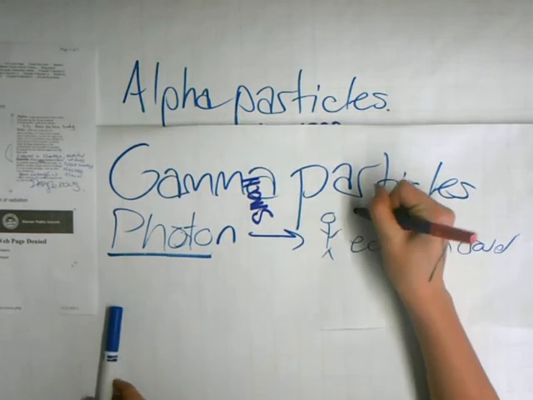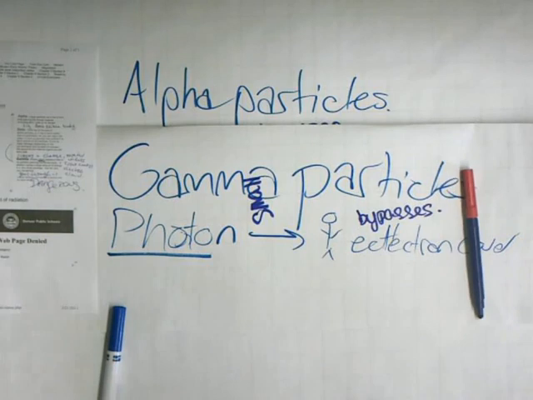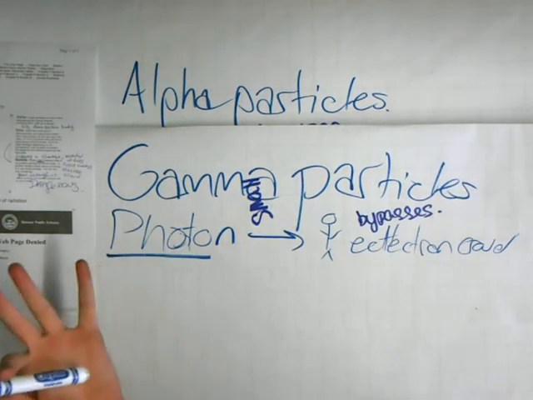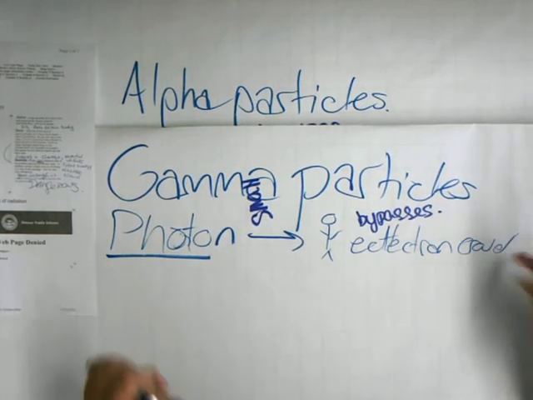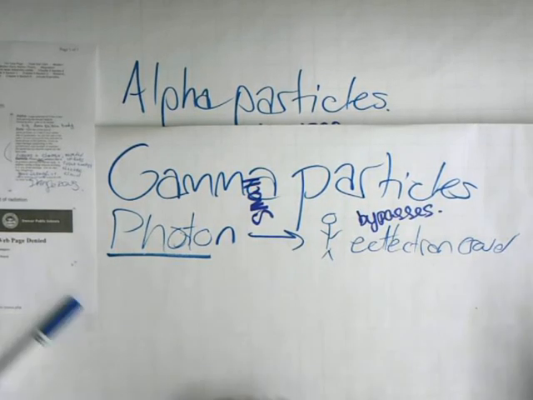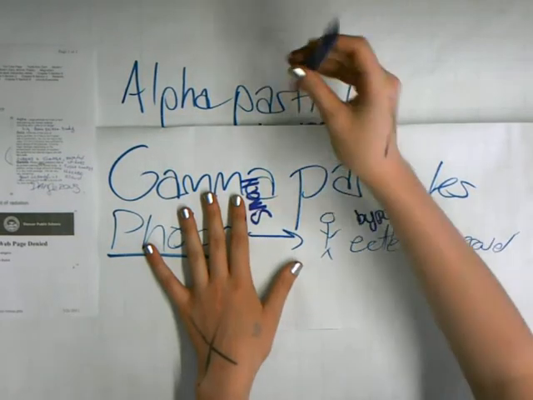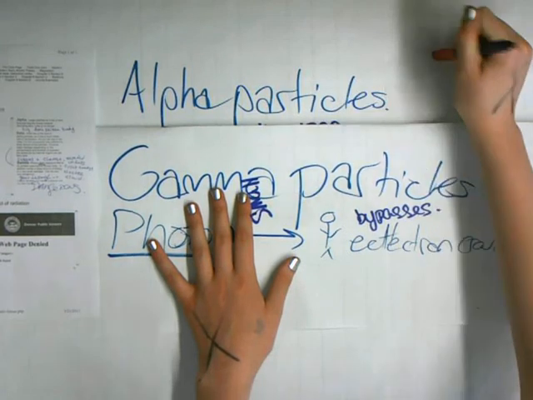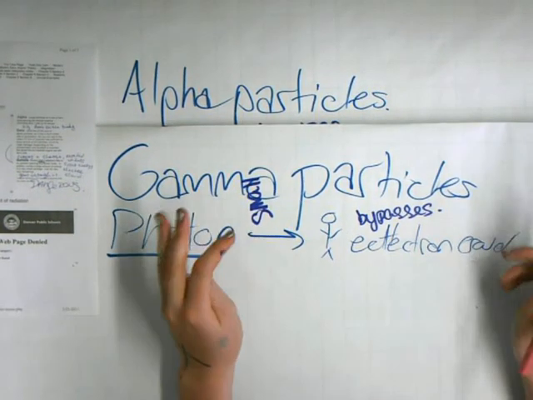Okay, so these are the three different kinds of radiation particles. Now an example of how this affects organisms and organic body tissue is that gamma particles are so small that, unlike the alpha particles, whose size makes it so that they don't enter, gamma particle size makes it so that they do. So, like Madame Curie, who was an amazing woman who did a lot of research on radiation in the early 19th